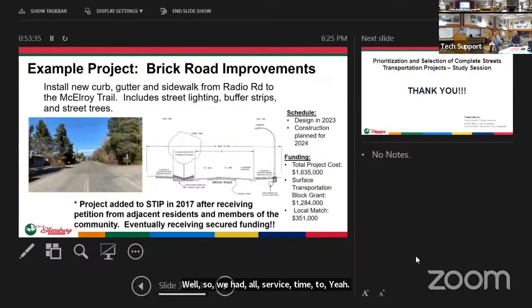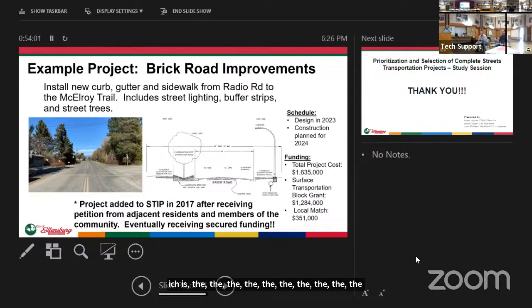Another example is our Brick Road and Bridges project, which is currently under design. We actually have a project open house on Wednesday evening, where we'll meet with property owners at City Hall to discuss the project. It has another federal grant to construct full road improvements, better sidewalks on both sides of the road. Design is scheduled this year, with construction and completion the next year. The project cost was $1.6 million, with the grant covering close to 1.3.